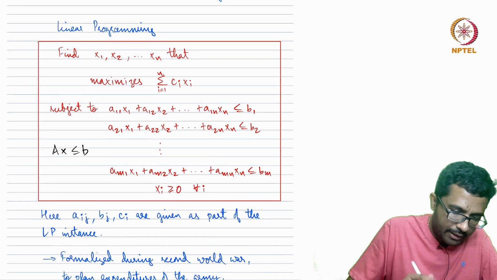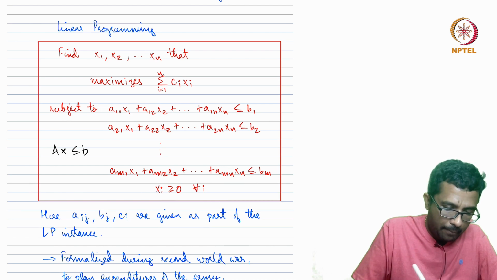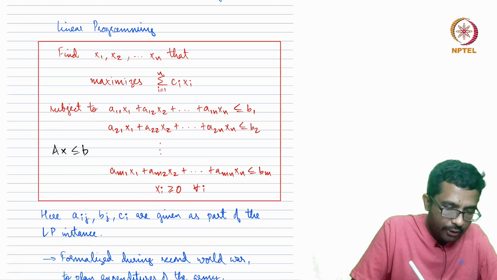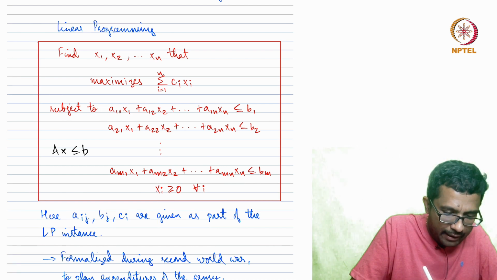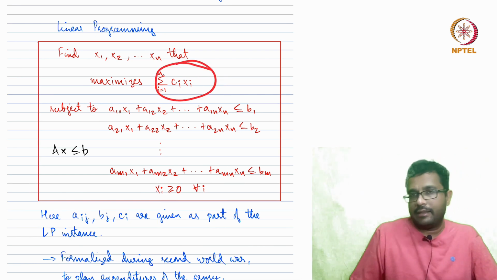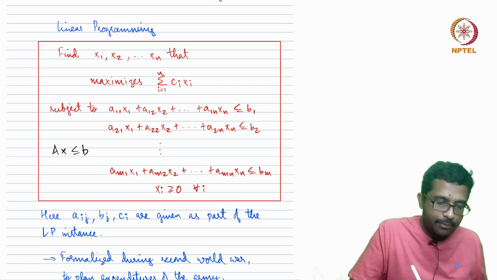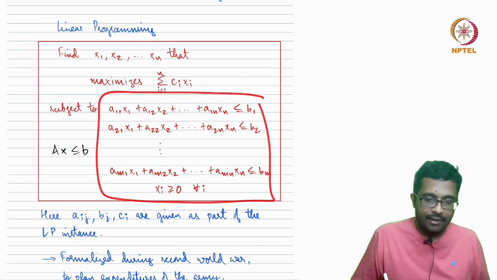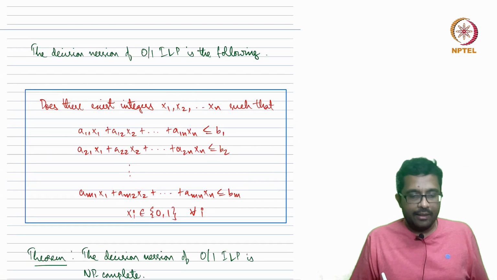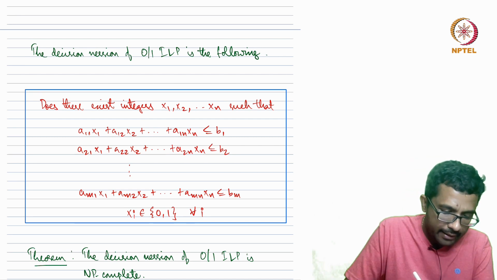The decision version of general linear programming is, instead of asking to maximize or minimize, I already said we could ask: is there an xi such that the summation of ci xi is greater than t, in which case it becomes yet another constraint, right? So basically you want to find some x1, x2, up to xn which meets some set of constraints. Similarly, the decision version of the 0-1 integer linear program is: given matrices A and B, do they exist